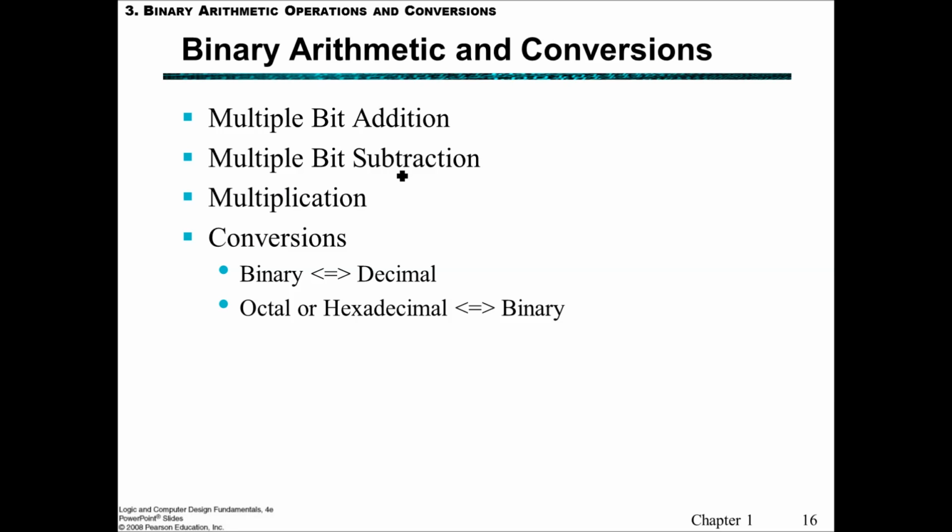In this third part, we're going to look at binary arithmetic operations and conversions. So we're going to look at how to do multiple bit additions, multiple bit subtractions, multiplication between two binary numbers, and more about conversions between binary and decimal, and other types of conversions such as octal or hexadecimal to binary